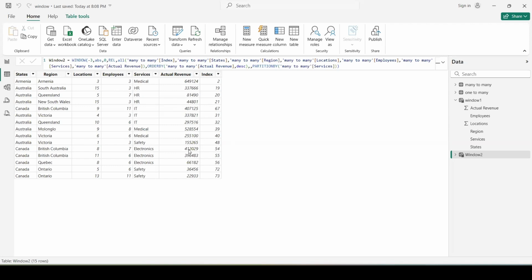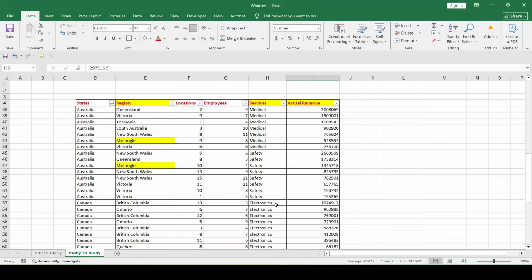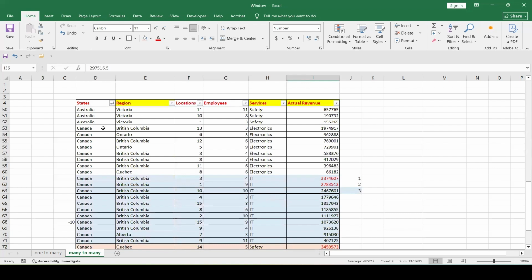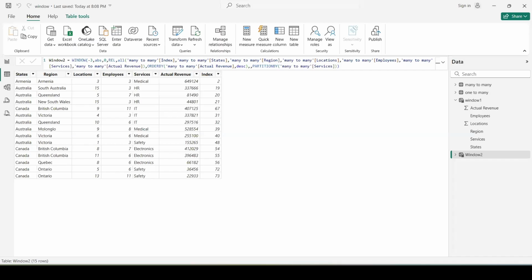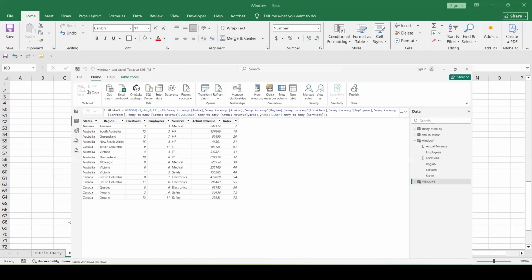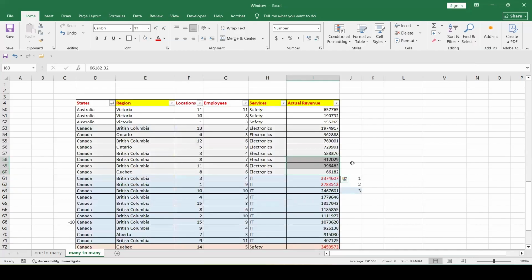Let's look at electronics. These are the last 3. Electronics, 66K, 300, 400. It's correct.